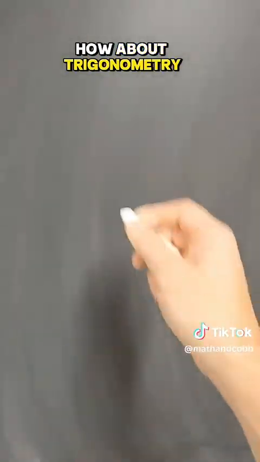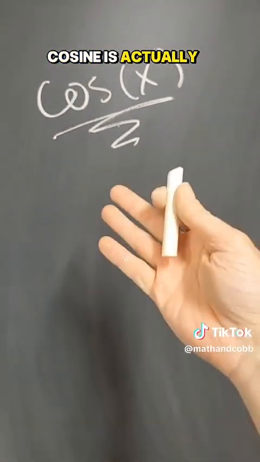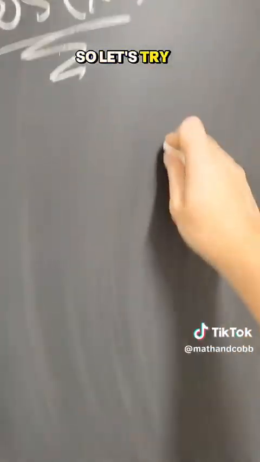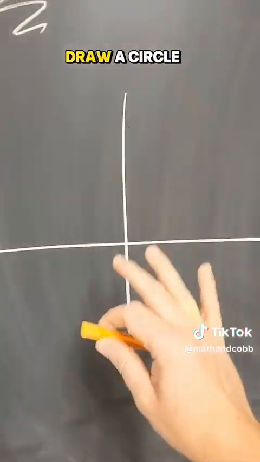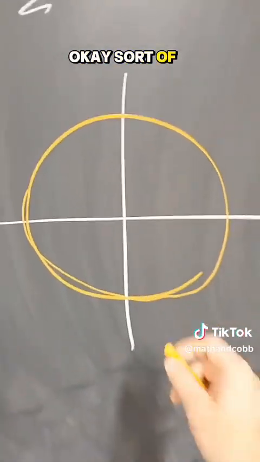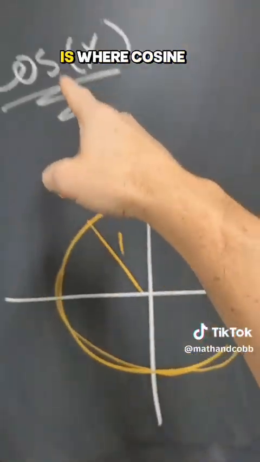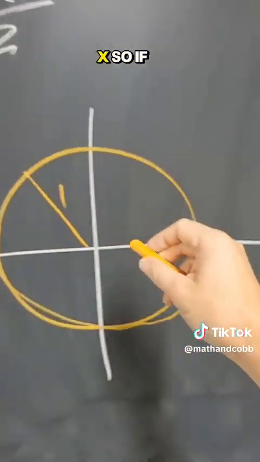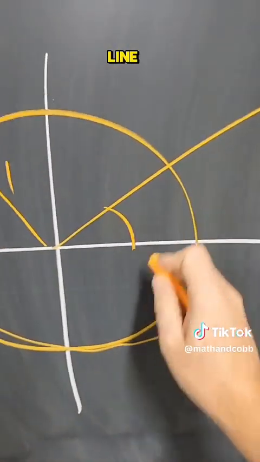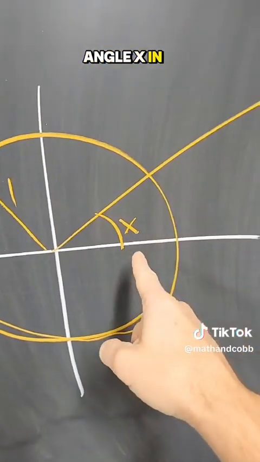So that function tells you what the area is of some squares. How about trigonometry? Should we dare try to explain to people what cosine of x is? Cosine is actually a very intuitive function. So let's try it out. Here is some axis, and I'm going to draw a circle of radius 1. Okay, sort of. Here is a circle of radius 1. And now here is where cosine of x and sine of x come in. So if you draw a line, and this is an angle, I'm going to call this angle x in radians,